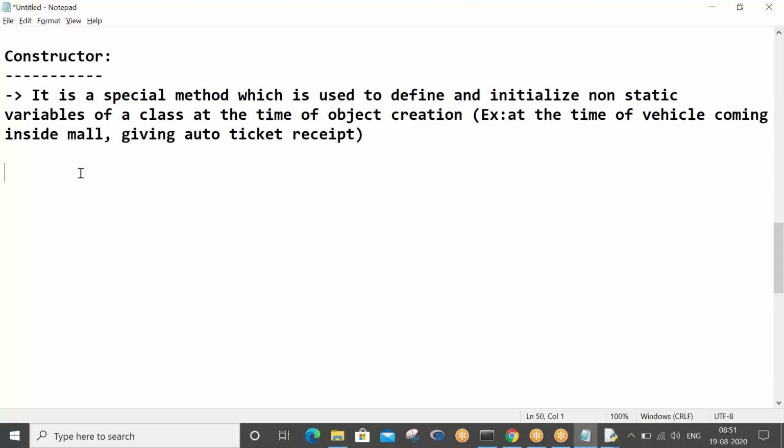Just take 4 points and then we can wrap. So some differences: it is a method, right? Differences between constructor and method, you just take it, and then I'll give points and I'll stop.